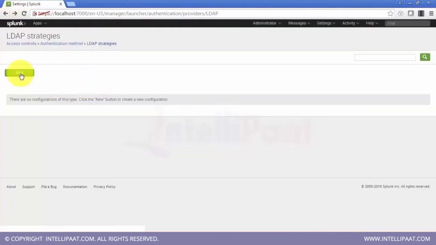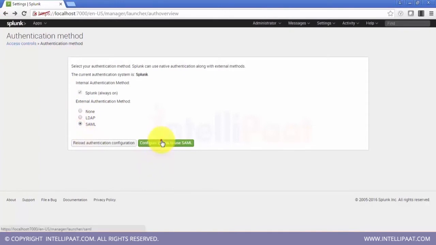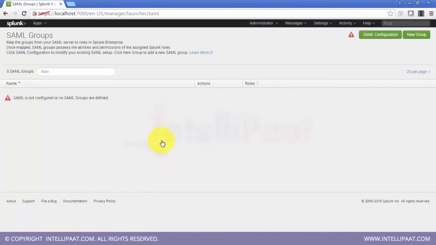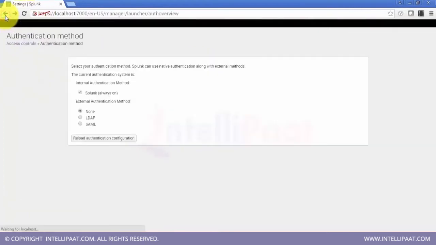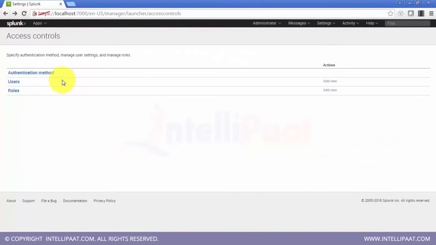Similarly, for SAML access as well, you will have to fill up the form which will enable the SAML authentication. So you can use this one or any of the other two. This is how you access Splunk. We are using the native authentication, that is a Splunk built-in one.